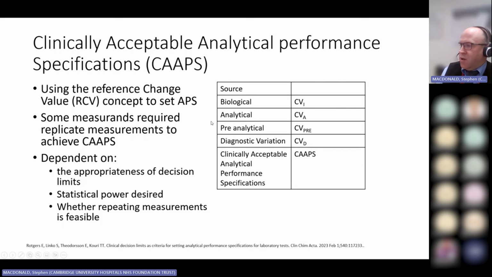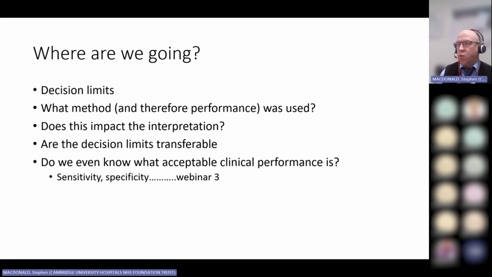And how that's really changed is they've included pre-analytical variation as well, a notoriously difficult thing to quantify. But they've provided a really nice model where adding biological variation, acceptable analytical variation, and the pre-analytical variation, measuring the impact on the misclassification in different disease states, and from that setting the analytical performance specifications to that whole entire diagnostic process. This is one of the first papers to take that sort of approach. I think this is definitely going to be a direction of travel. I would recommend reading this paper because it really tells us where we are going in the future,